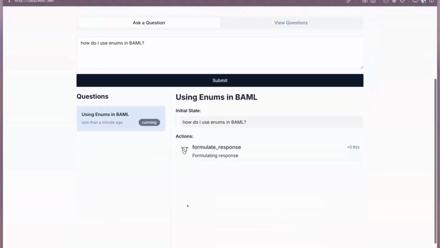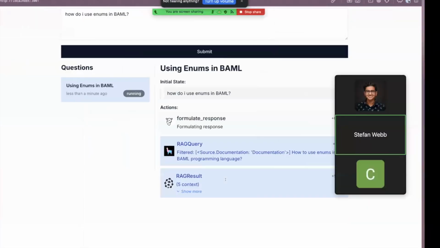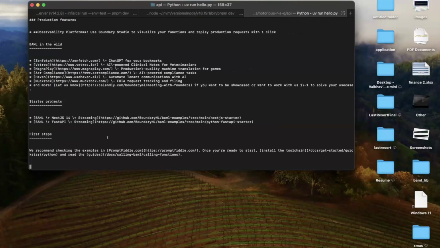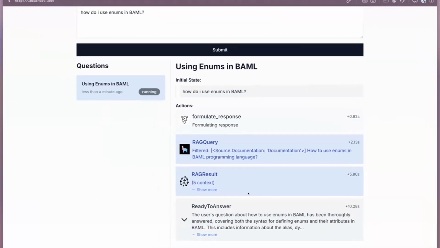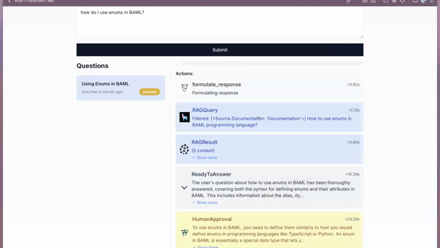So what this will end up doing is the same thing that we did before. It'll probably be a little bit faster because it won't actually hit the remote service. But the first thing you'll notice is that it's going to start answering some questions to determine the answer. And then before actually answering the question, it's going to ask me what I think about the answer. Normally it should ping me in Slack, but right now I'm just going to ping myself in terminal as soon as this thing runs.